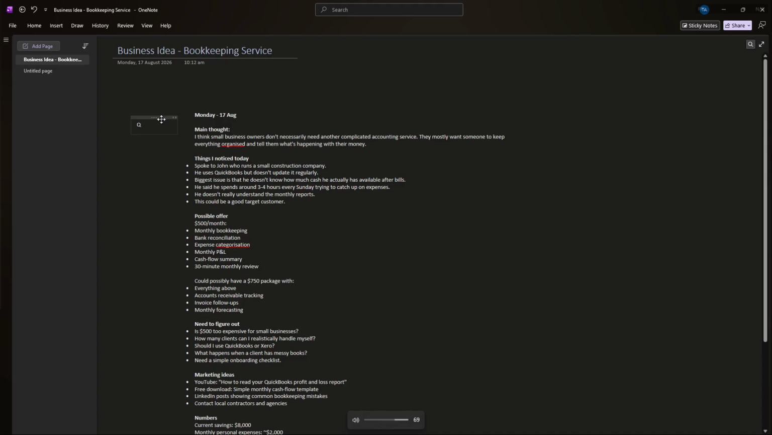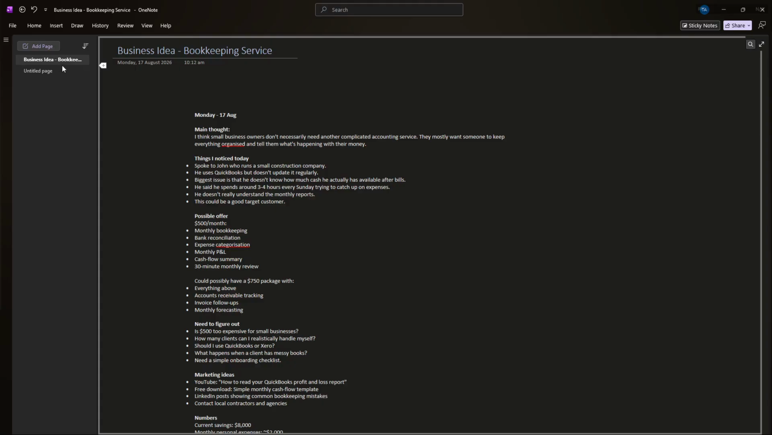This is how to export Microsoft OneNote as a PDF. I'm in OneNote on the desktop, and I've already opened the notebook. I'm clicking the Q3 planning page in the page list, so it's the active page, because OneNote always exports whatever